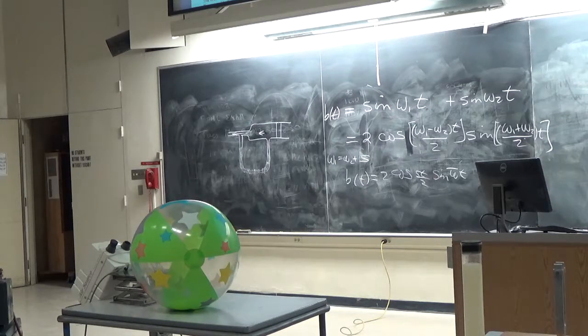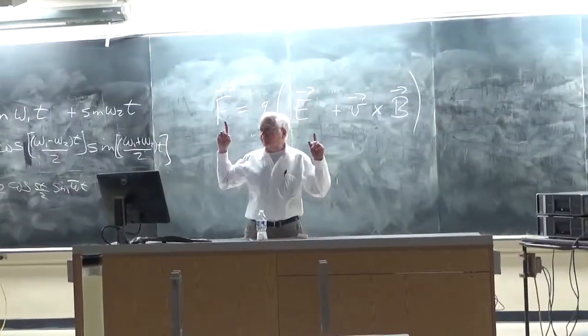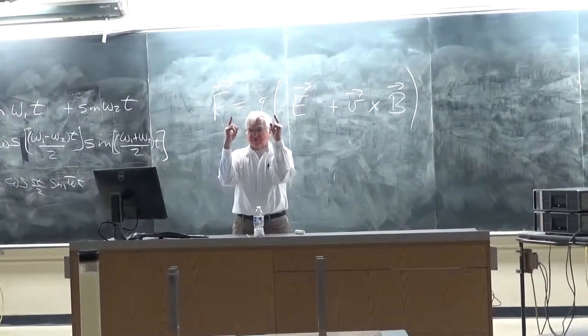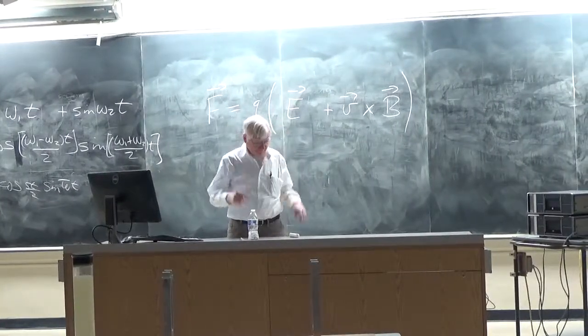And so if the field E, say, is up, and the particle is positively charged, the force is up. If the particle is negatively charged, the force is down, because this would be a minus sign. And if, say, the magnetic field is up, and if the particle is moving up, then there's no effect of the magnetic field, because V cross B would be zero if V and B are parallel.